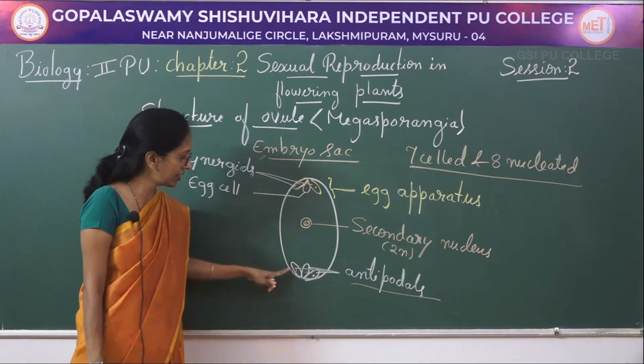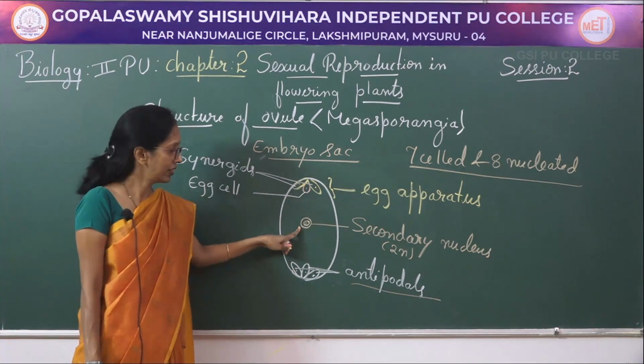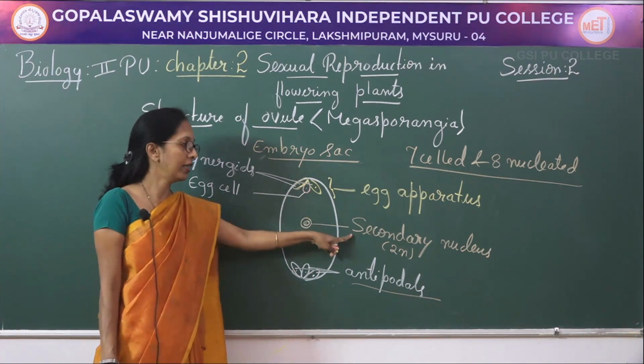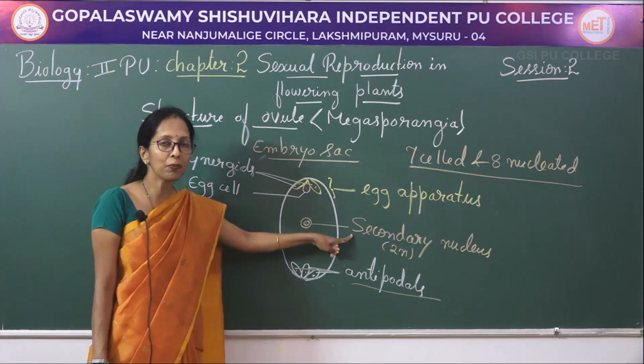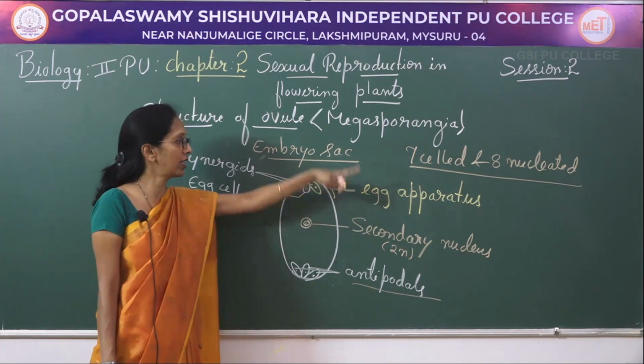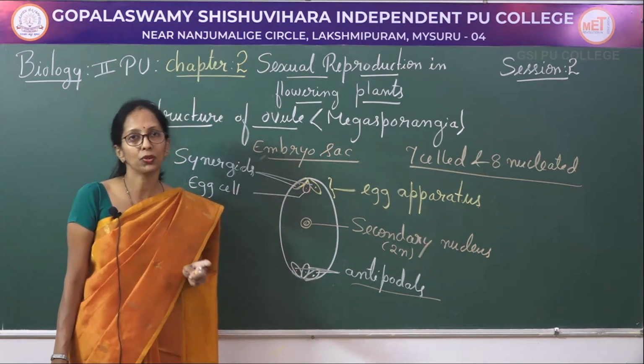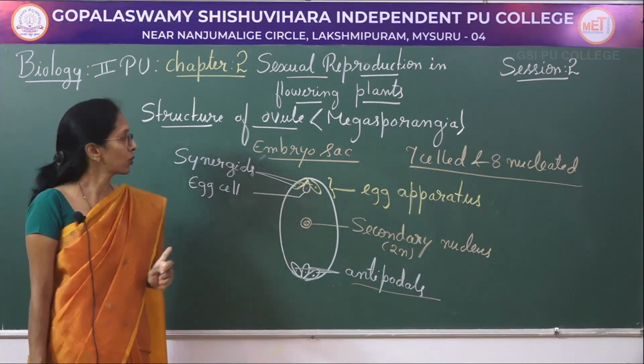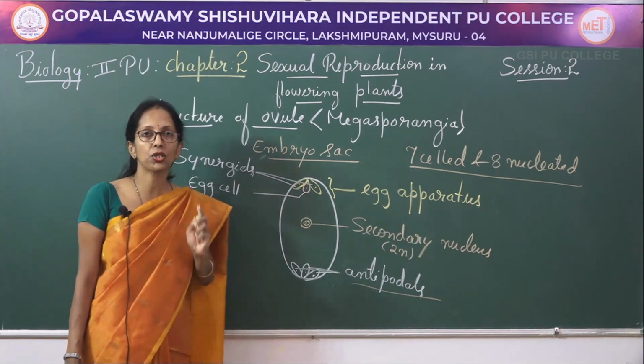Here is 3, here is 3. In the center, there is a presence of a secondary nucleus that is diploid in condition, so that it is said to be the 8 nucleated stage. So this is about the structure of